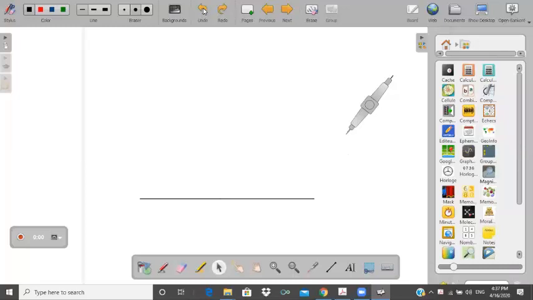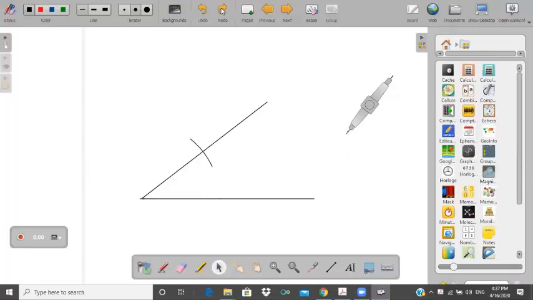What will you notice? Everything will disappear as per the steps you have done. Now redo this one. Drawing an arc, again an arc, again an arc, again draw a line. In this way we can use this to tell the children in a simple way. For example, look at this.